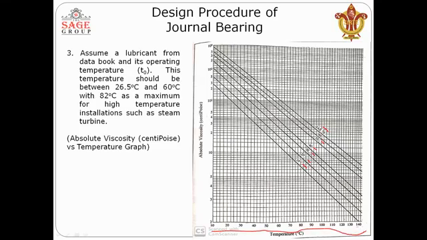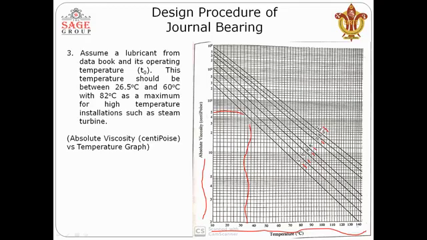On that particular operating temperature, here you can see on the x-axis there is a temperature range, and on the y-axis it's the absolute viscosity in centipoise. So we select the oil, whatever oil we are using. For example, we have used SA10 or SA20, and then we will select the operating temperature. For example, we have selected the operating temperature of 35 degrees Celsius to 40 degrees Celsius, and SA10. In that case we will draw a vertical line from here, whatever selection we have made, and a horizontal line from here.